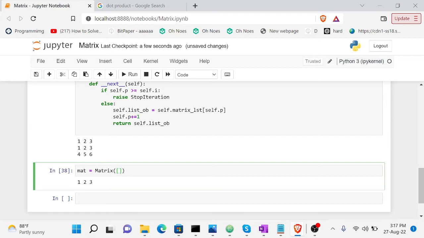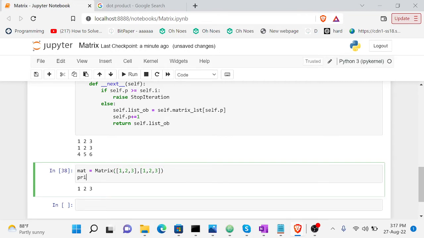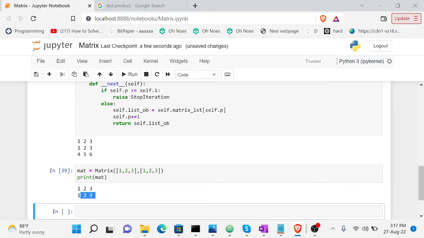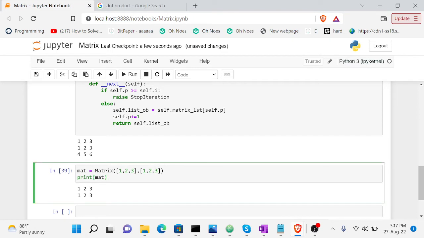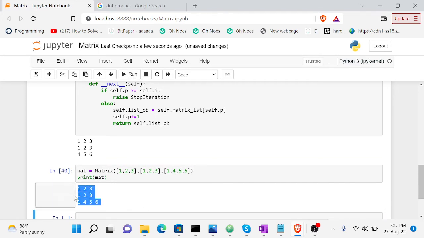And here we're going to put in some lists. So 1, 2, 3, 1, 2, 3. And now I'm just going to print out how math looks. And you see how we get our printed answer. Even though this might seem like the coolest thing in the whole entire world, it's not really, because